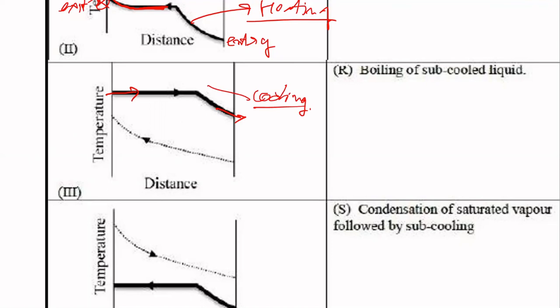So there is no cooling of vapor seen. I mean, I cannot see a profile like this. So I can clearly say that the vapors were at saturated condition. So we have saturated vapors and we are subcooling it. So the first process is condensation of saturated vapor, and then we are subcooling it. So it matches with S. Or even if you are asked to write the statement, you could have written: saturated vapors are condensed and then the liquid is subcooled, something like that.